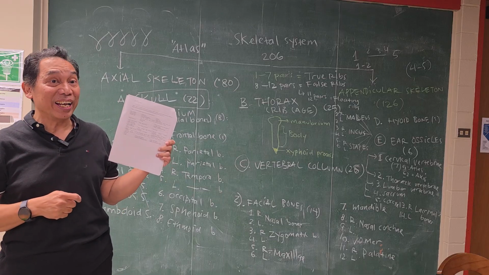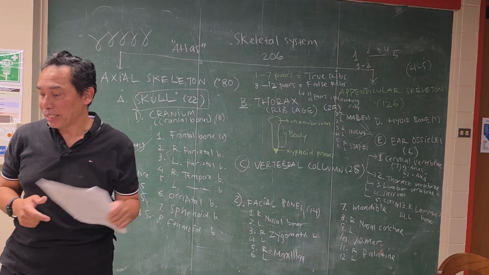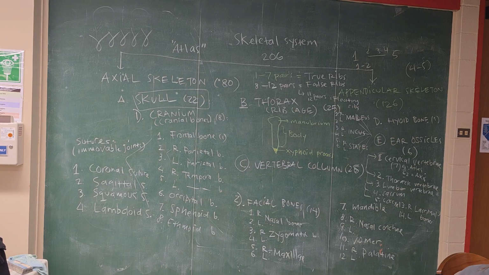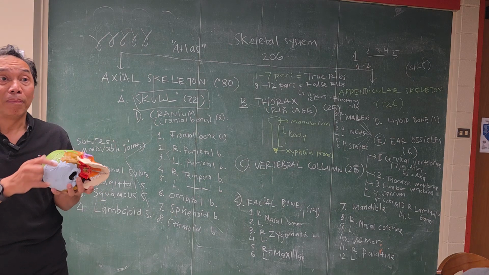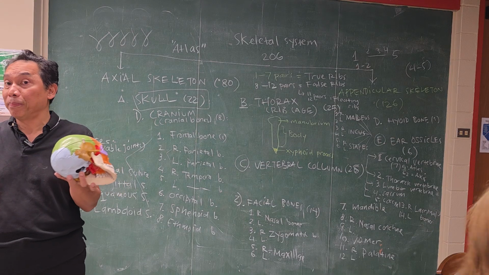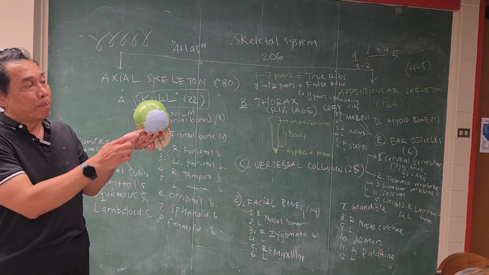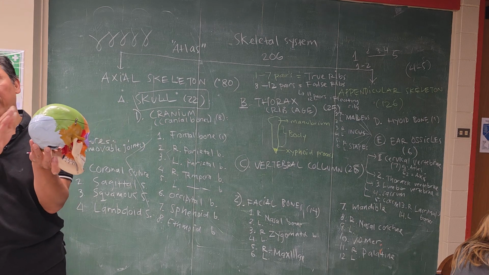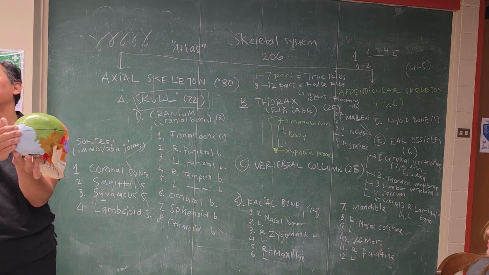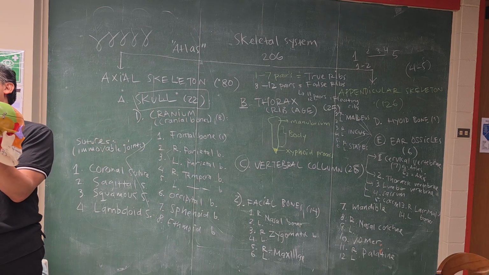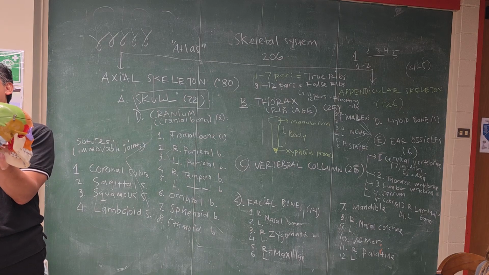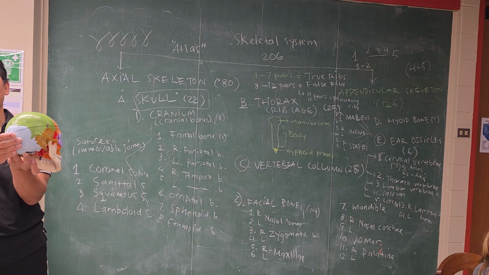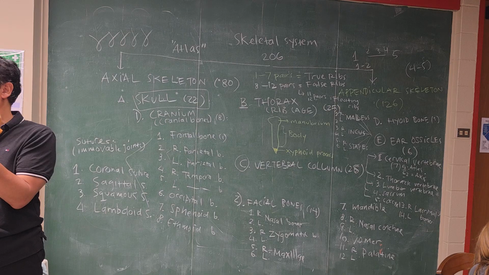It's called the nuchal crest, right? Nuchal crest. What is crest? Crest means bumpy. So nuchal crest is the bump on the occipital bone. You can hold it and feel whether it is bumpy or not. Write it down. If it is bumpy, then you can put 4 or 5.